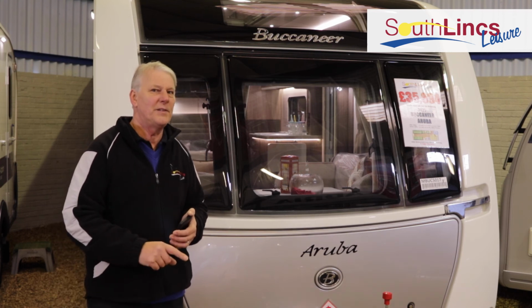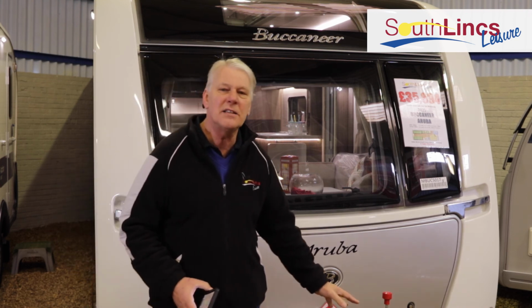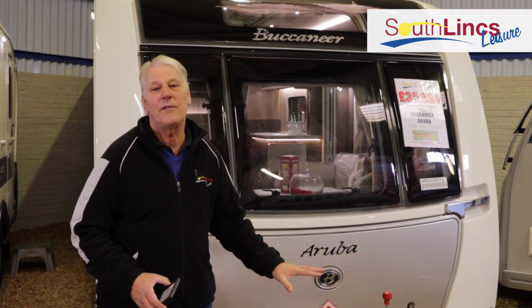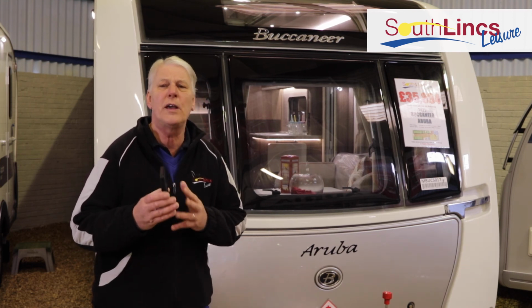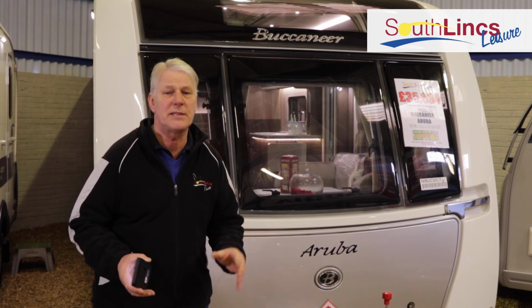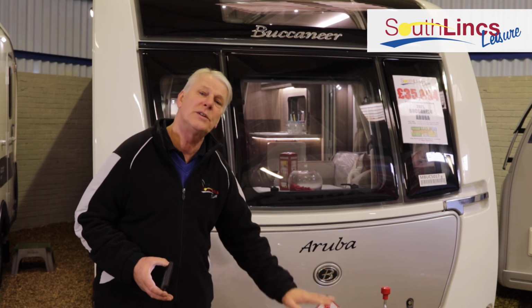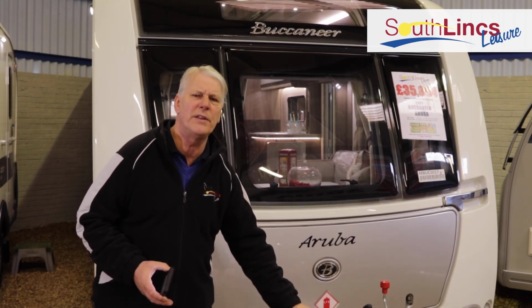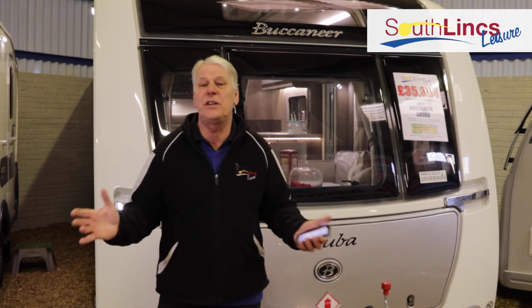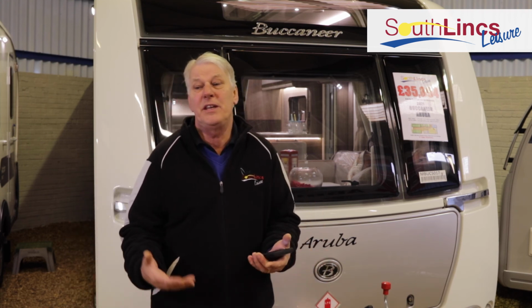One very important thing, which I've forgotten, is that you must start with the A-frame of the caravan in a down position. It looks a little bit unnatural, but the whole thing won't set up and start its process unless you wind the jockey wheel down and put the A-frame down towards the ground. It doesn't have to be that far, but it needs to be lower than the rest of the caravan. So there's two different options, as we've shown you. The auto option, which will just bring all the jacks down in a sequence, and within 2 minutes you literally